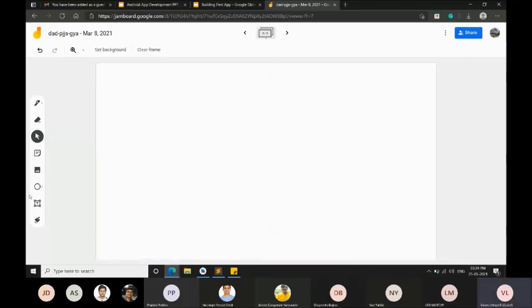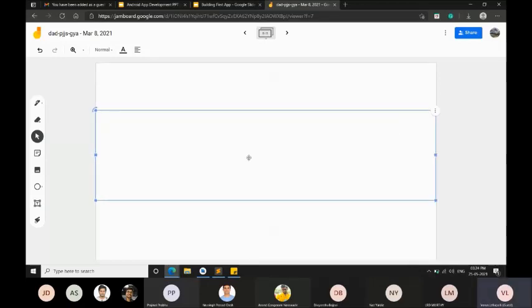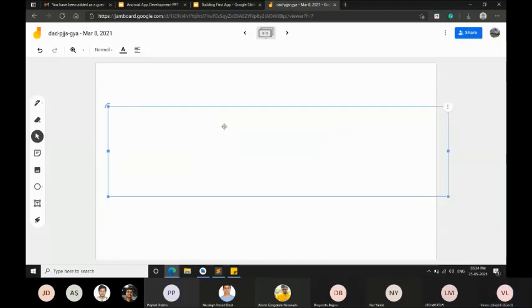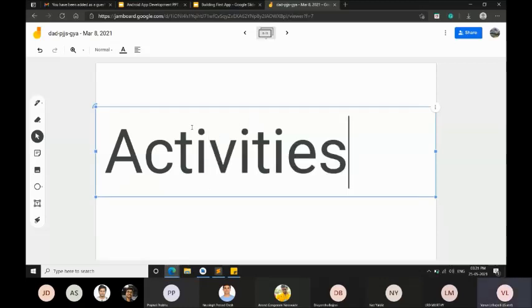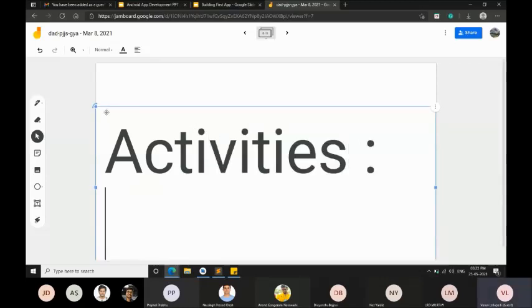After that, what are these activities? This is the second term that I told you. Activities tell what the components inside the layout should do.